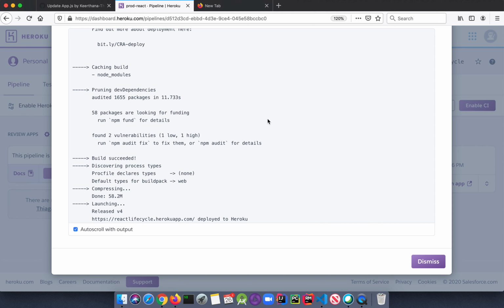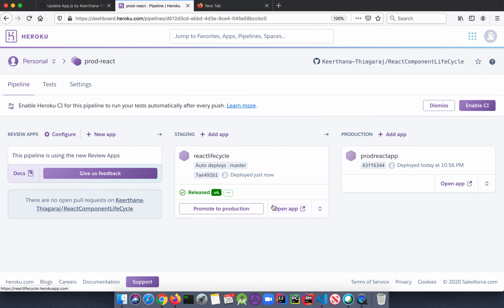The React Lifecycle app has got successfully deployed to Heroku. Let's click this dismiss message. So it has got deployed just now. This application is in the staging stage. If you really require this application to move to the production environment, just give promote to production so that our application will be available in the production environment.